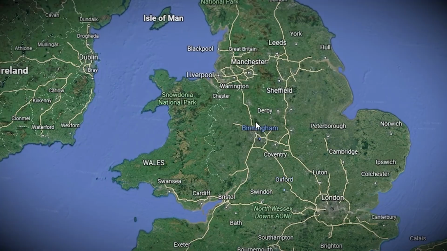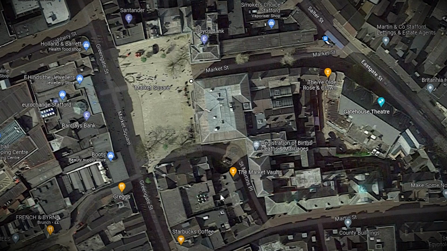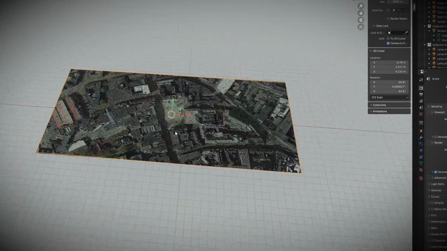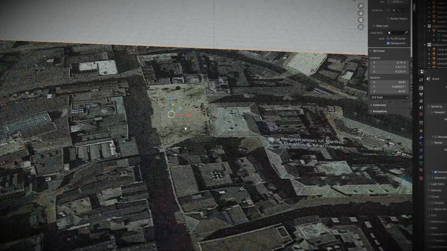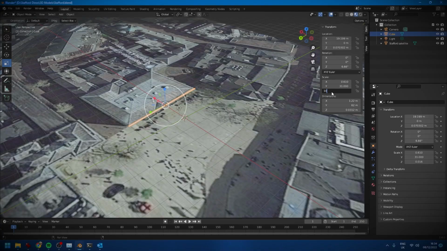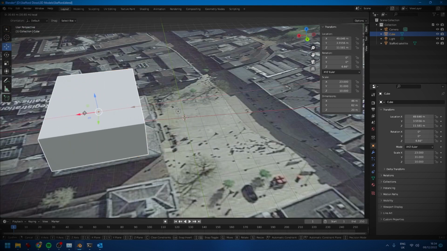So to the modelling. To begin with, to get the scale right, I went onto Google Earth and I took a screenshot of Stafford Town Square from above. I used the built-in measuring tools in Google Earth to find out the Shire Hall is about 30 metres wide across the front. I imported the screenshot into Blender and I put it onto a flat plane on the floor. I then made a box 30 metres long and scaled the screenshot to match that box so I knew that I had it at the right size. This gives me a plan view to work from where all the buildings will eventually go. With this as my base, I stretched out the box to have the same footprint size as our Shire Hall